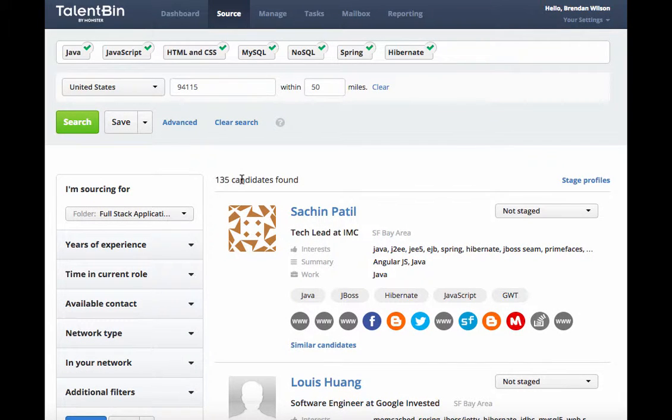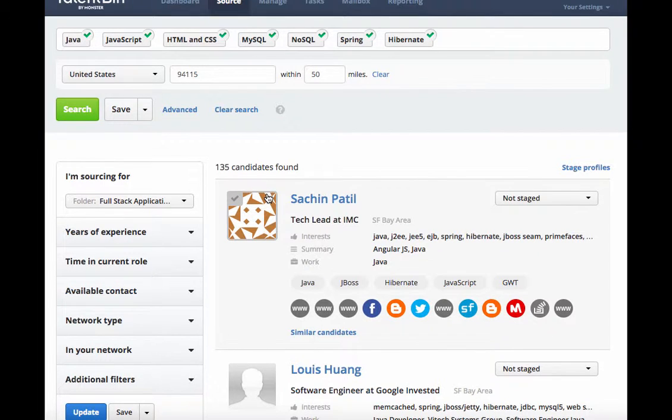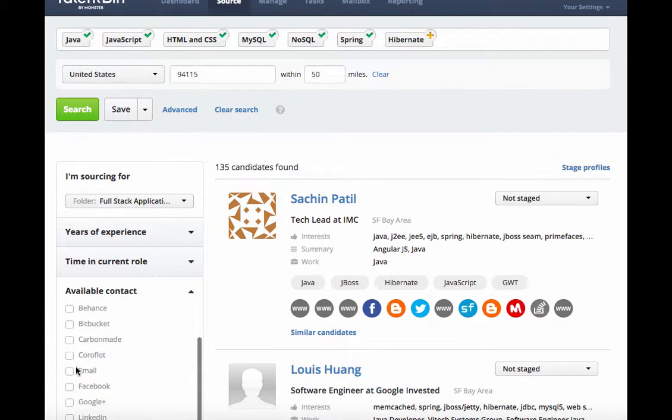So one major component of the Job Req Translator, and arguably the most fascinating component, is the logic algorithms in terms of the search results. We'll always try to pull back between 100 to 200 candidates in your search results using Job Req Translator. To do that, maybe it will make some of the search terms optional. Maybe it will use some of these search filters on the left-hand side. Maybe it will refine it down by email if we just want to pull back the people that do have email addresses currently tied to their profile, in order to refine that search down to a manageable pool of candidates